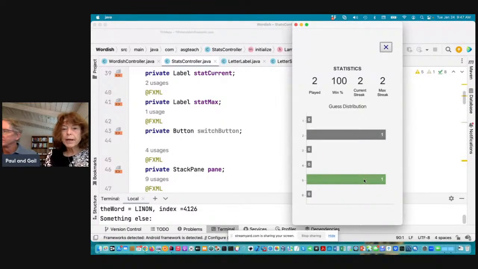So the stats page, this is pretty much the same as the Wordle on the New York Times. We display the games played, the win percentage, the current streak, the max streak. And then we use a standard JavaFX bar chart to display the stats. And we had to customize the bar chart a little bit to make it look like the New York Wordle bar chart. So let's show, for example,